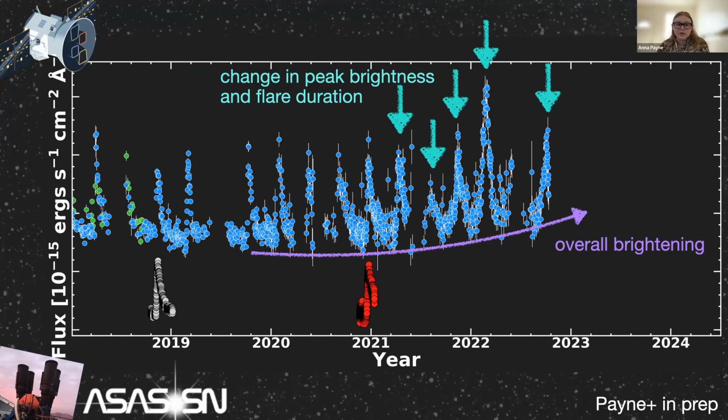So where does this leave us? It's continuing to surprise us. After years of the flares being very consistent with the peak luminosities, last year we started to see really dramatic changes. The first indication was in July of 2021, where it was the weakest flare we had seen before. And then earlier this year, it was the brightest we had ever seen it. On top of that, the overall quiescence level appears to be brightening.